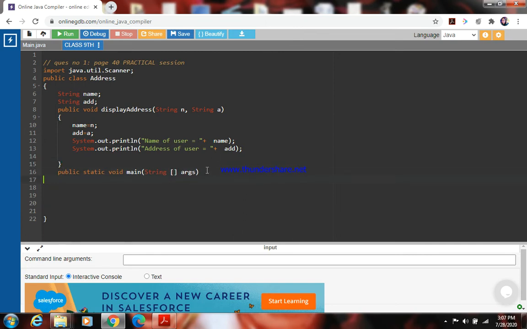So this is the main method, and for the main method's body I need to write a pair of curly brackets again. This is representing the main method's body.